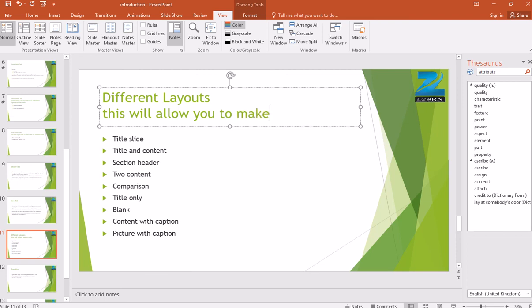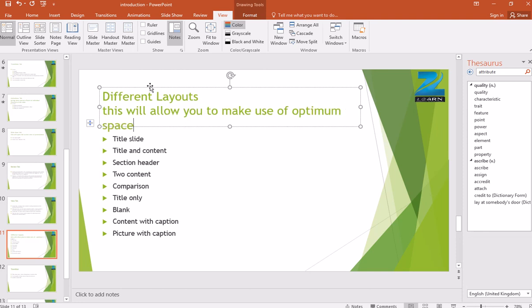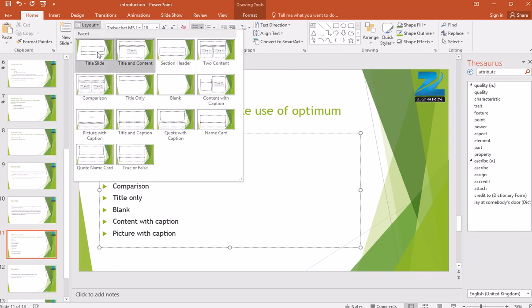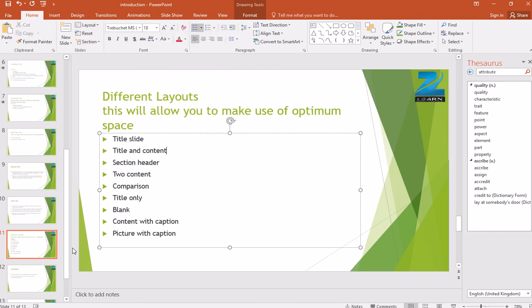So you can use the optimum space of your presentation efficiently using these layouts. In home tab, you can see different layouts are there. Okay, title slide, title and content, section header, two content, comparison, title only, blank. About all these layouts we have written already in our theory.